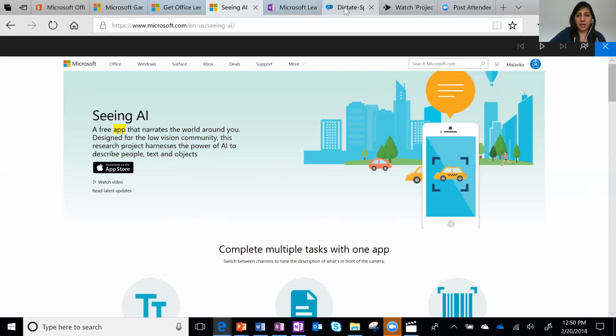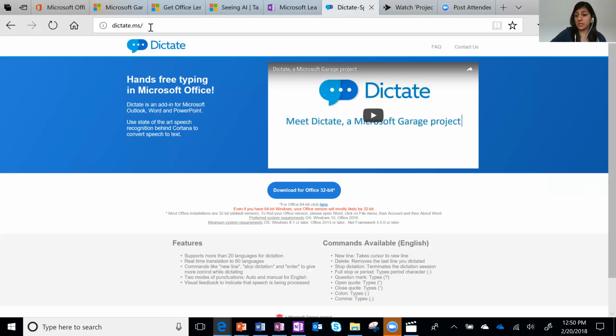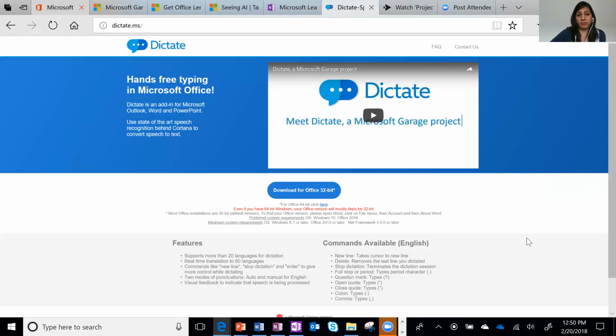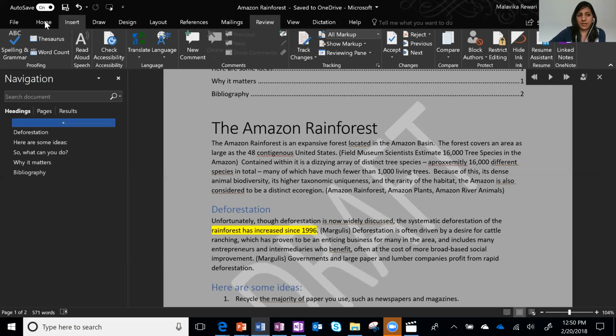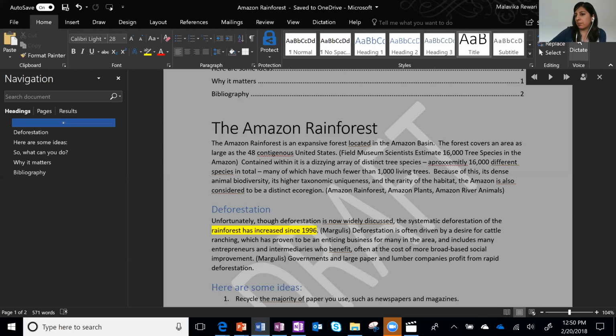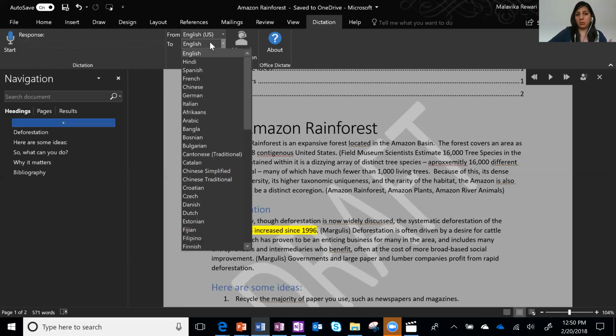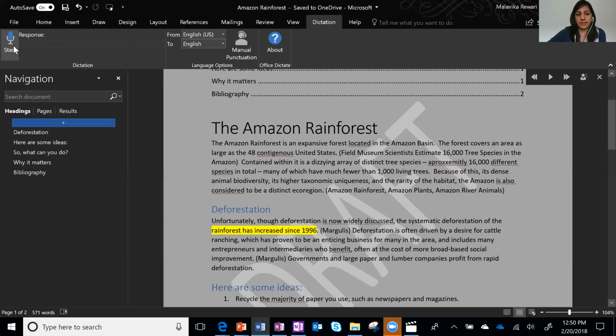And the last add-in I mentioned was dictate.ms. So if you have Office 365, you have dictation built in. But if you have older versions of Office, you can actually download this add-in. And what this one does is it helps you type with your voice. So right here, for example, if I have it built in, it shows up here in the Home tab. But if you install the add-in, it shows up as a separate ribbon. Everything I say will be transcribed as I speak.